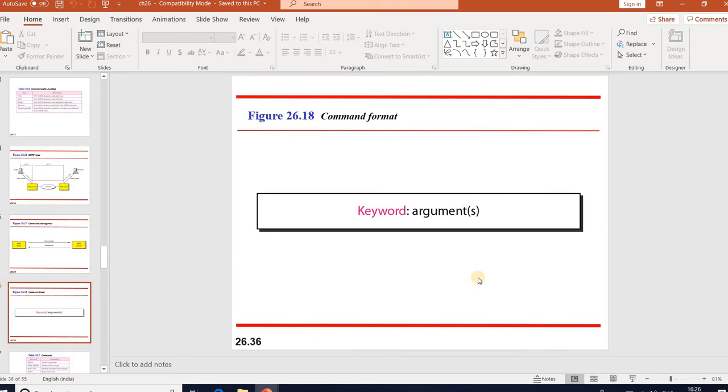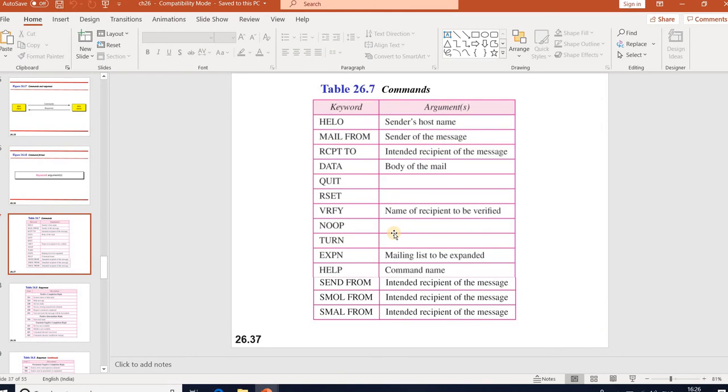The command format may be a keyword followed by arguments, sent from the client to the server. Some commands you can see are HELO, MAIL FROM, VRFY, HELP, SEND FROM, SOML FROM, and SAML FROM.